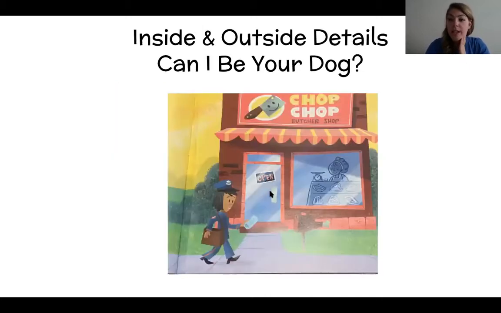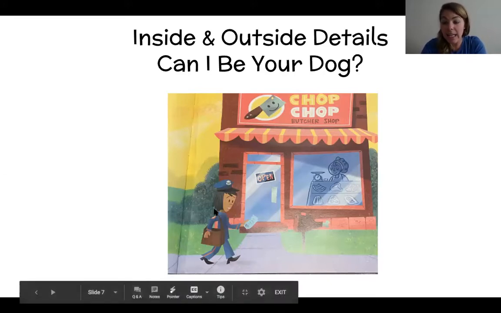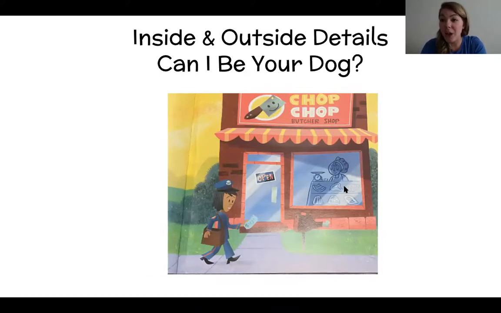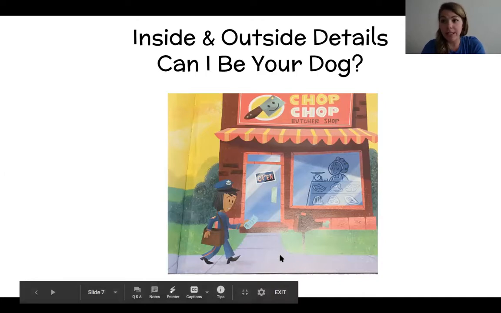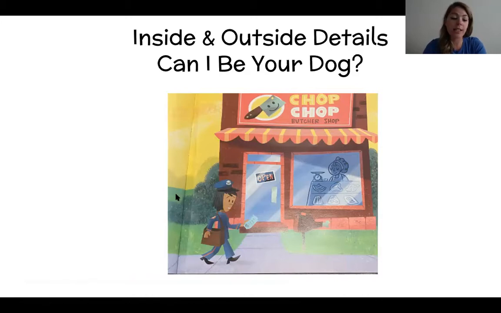So here you can see she's at another location now. She's still in the town, so we could say that the setting of this book is the town overall. However, it has specific places where it changes throughout the story. So now she's in front of the butcher shop. She's still delivering her mail outside of the buildings, but you can see inside here where the author has drawn a window to see an inside scene of what's happening inside. So this butcher here, you can see her inside with some of her meats and her counter, and the author is showing you inside and outside details in the same exact picture. So that takes a good illustrator to have some of those creative ideas, okay?